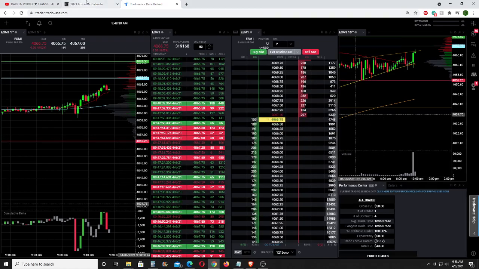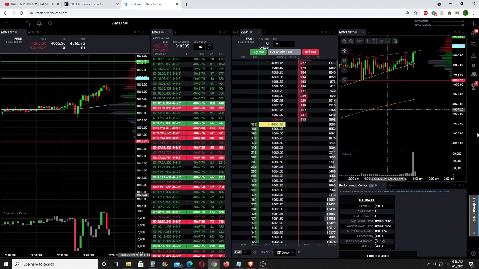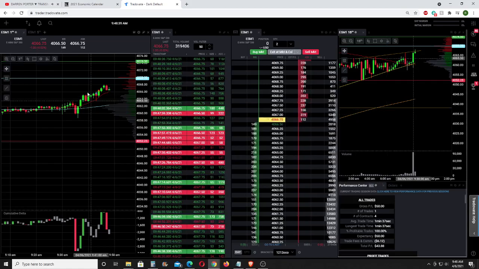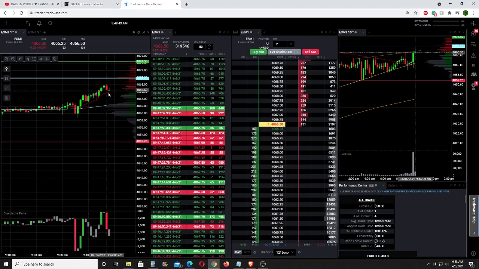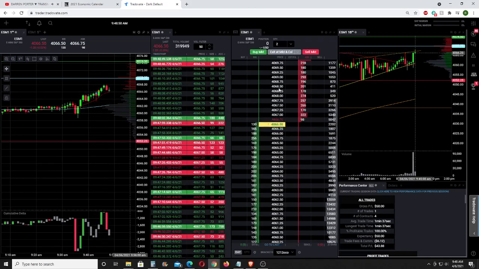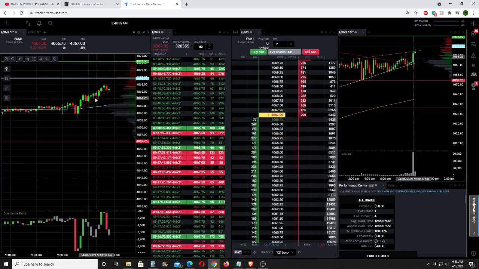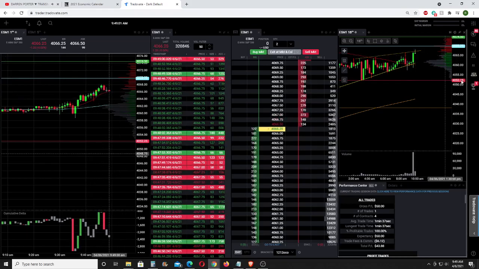I'm going to wait till at least 10 o'clock now because of this report. I don't think it has much impact, but I just want to see how it reacts around that time. I don't see any good risk reward opportunities here. I don't think this is a good time to buy. I mean, it is, because it's hovering right around the 9-period moving average, but I could see it easily drop and break this too. So I don't want to take too much of a risk right now. I want to set myself up for a much higher probability trade. It's crazy how as soon as I entered, this thing dropped like crazy. Oh my goodness.